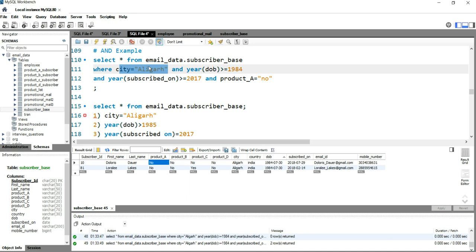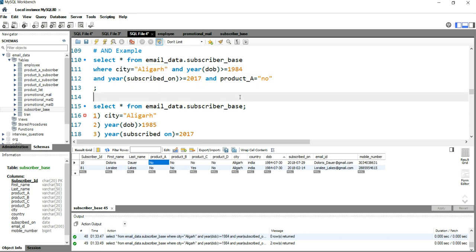Then, within the city Aligarh result set, it searches for date of birth which is greater than or equal to 1984. So whichever record has year as 1984 or above, it will keep it, otherwise it will ignore the other ones. A similar process goes for subscribed on as well as product A.